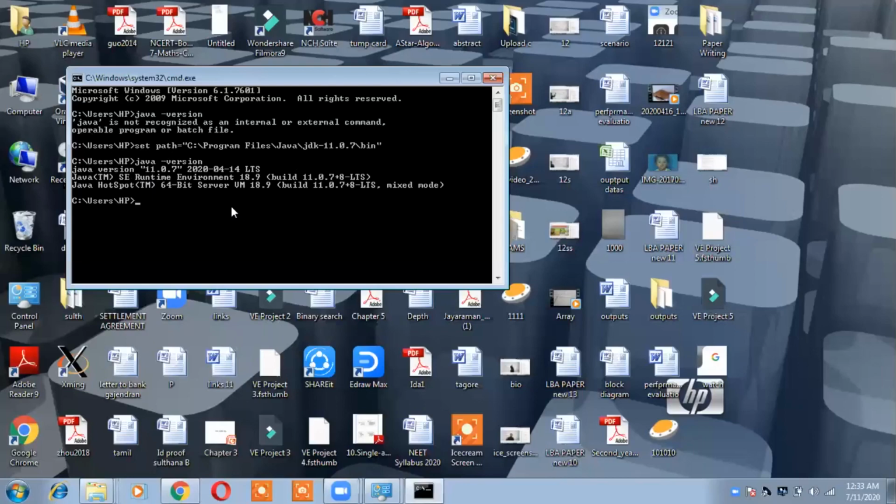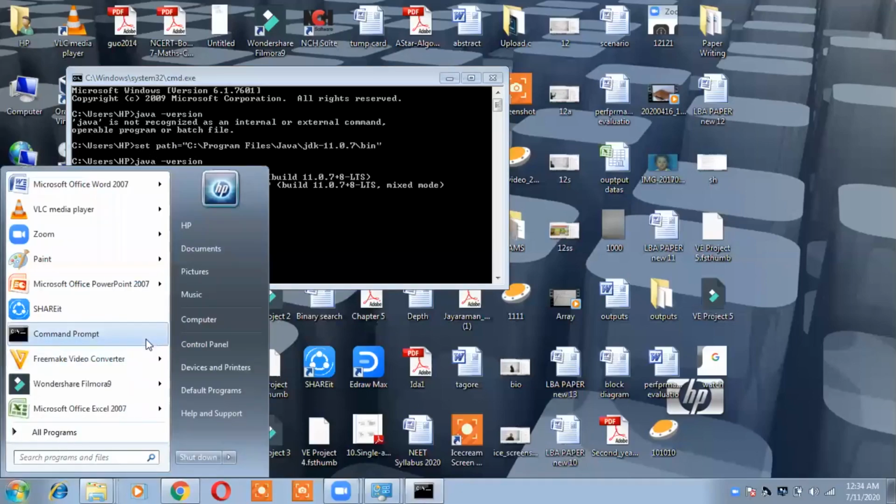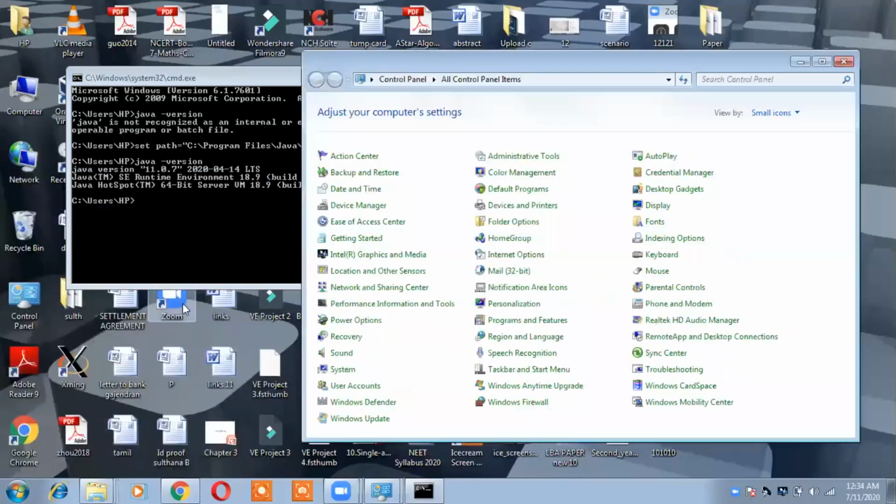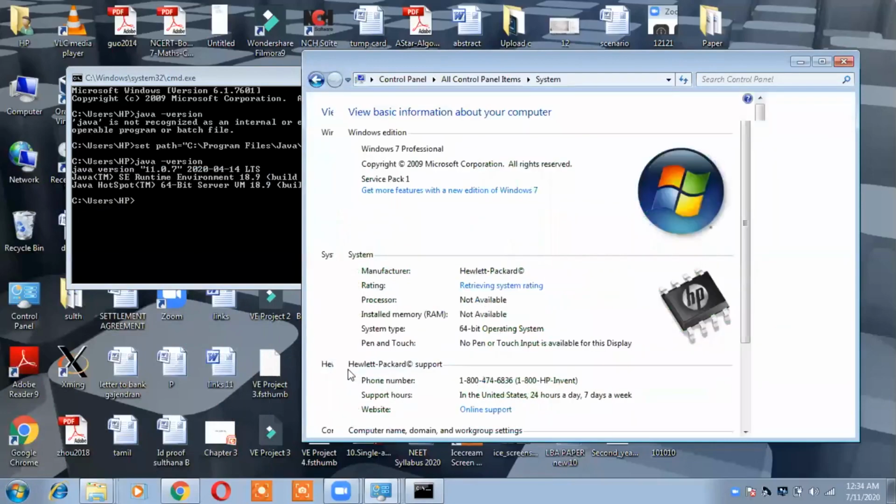Okay, so this is temporary one. When you switch on the system, again you switch off the system, and again if you switch on, this will go off. If you want to make this setting path permanent, then go to this control panel. In control panel, select the system option.